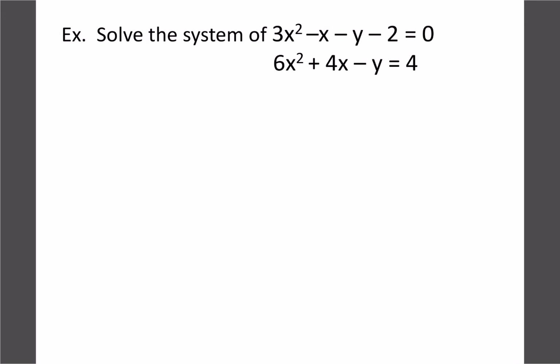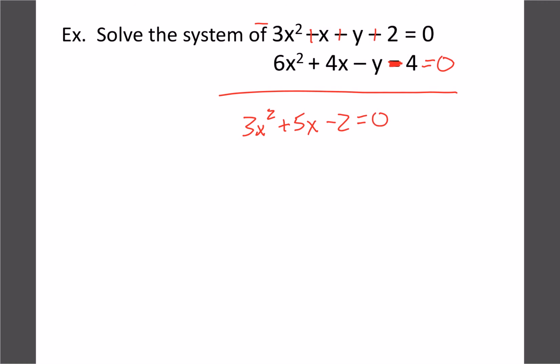So here's our last one. You can see our y's are almost the same. We just got to make them both, the 2 and the 4 line up. So let's make it minus 4 equal to 0. So that works. And let's change our top ones to all be opposite signs, so timesing it by negative 1. Now we can add them up the way they are. So we have 3x squared plus 5x